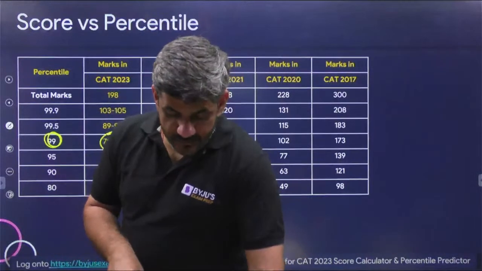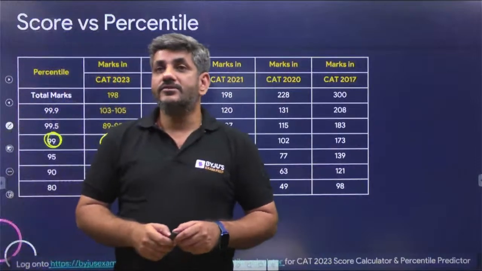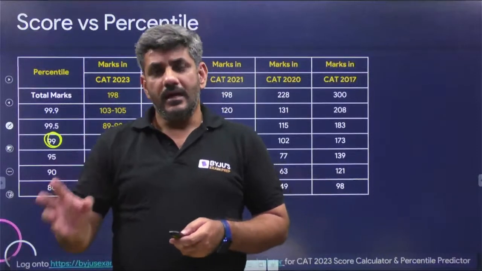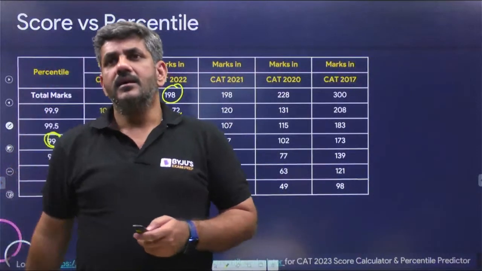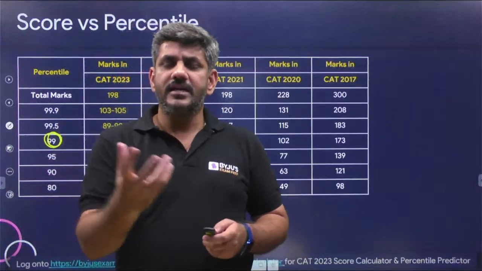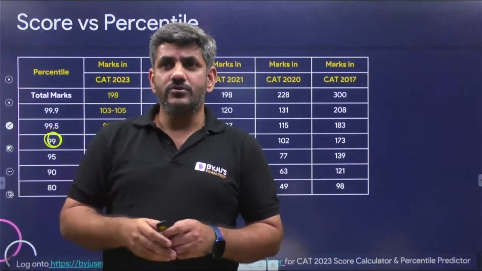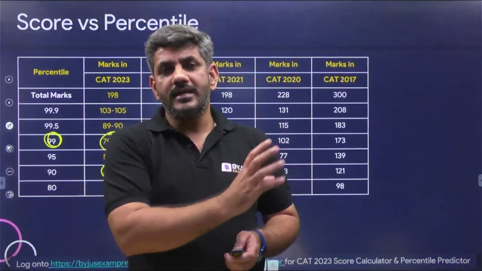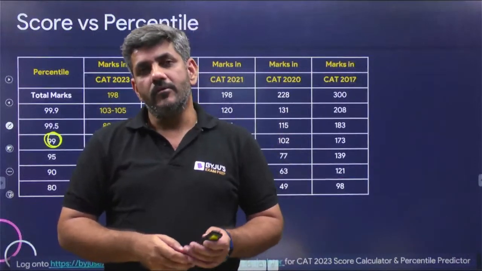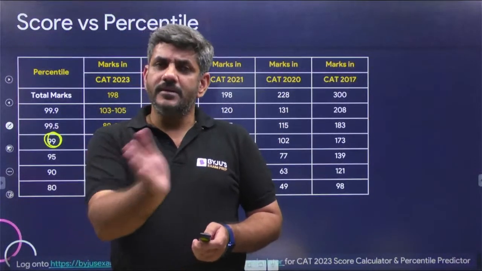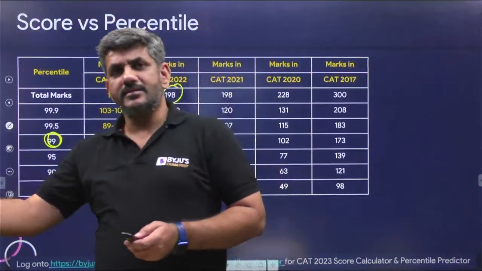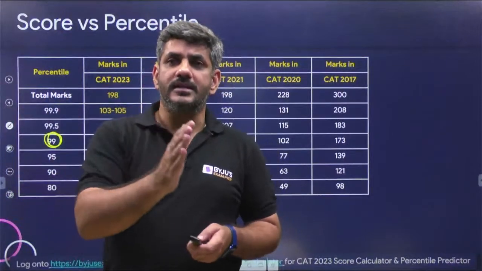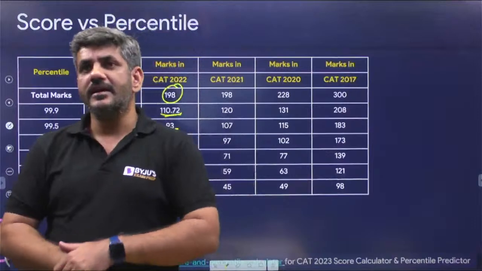Okay guys, so still we would want you to share your scores, what you are expecting in VARC, LRDI and quantitative ability in the comment section. It's also a random sample, so we can get an idea of how many people are getting what scores. And if possible, can you also tell us what your average score in the mock tests is that you have appeared in till now? From that we'll get an idea that a person who is always getting 90 to 93 percentile, this time is getting a score of 45 or expecting a score of 50 in the actual CAT section. So if possible, please share that.